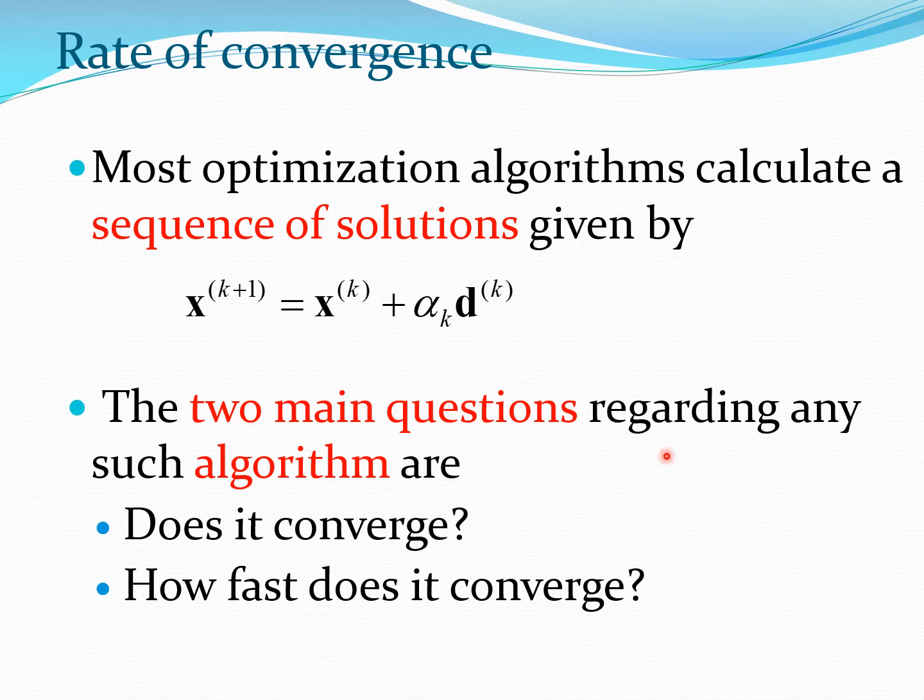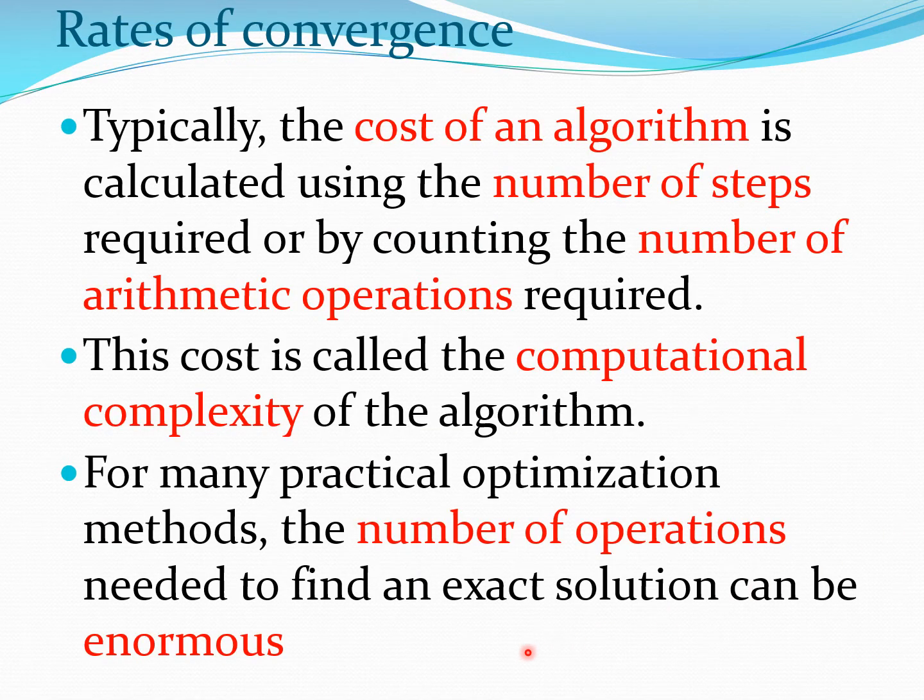So there are two main questions which come up whenever we are discussing some kind of method. The first question is, does it converge? This is important because you want to converge to a solution, and of course if you do not converge to a solution, that's not a good thing. The second issue is, how fast does it converge? So these are the two main practical and philosophical questions we ask whenever we come up with a new method in the computer science type of fields.